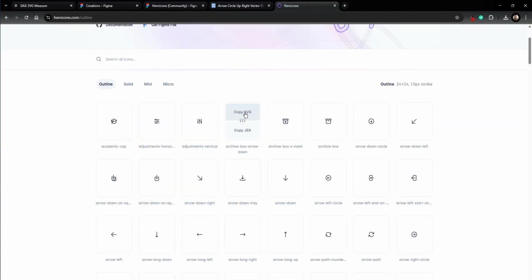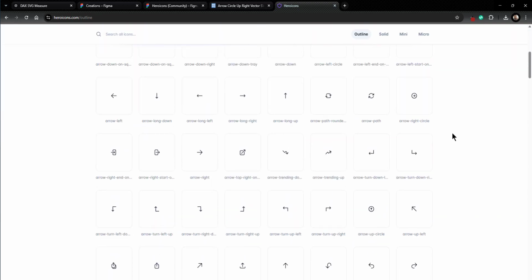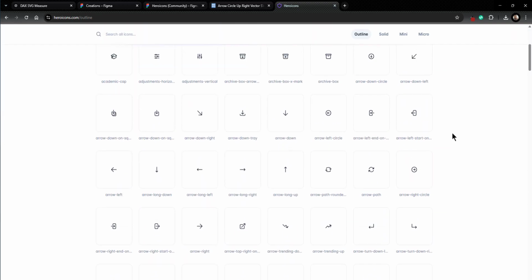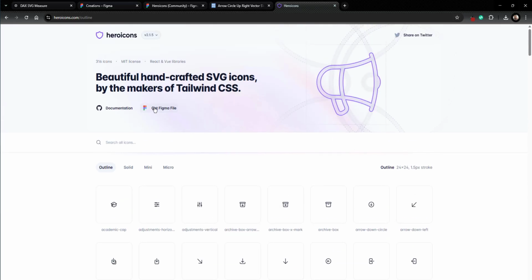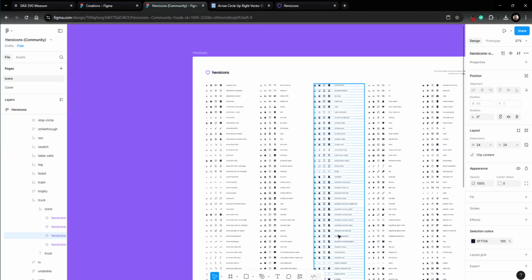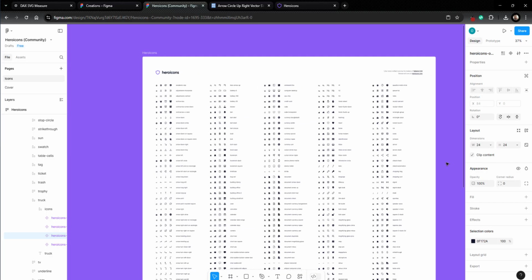This is also giving us the SVGs, and you can use that using this first method. The other point that I like about this website is that you can get the Figma file. So when you click on get Figma file, what you will have is this kind of Figma file. In case you haven't explored Figma, I would highly suggest that you go and explore it, because that is